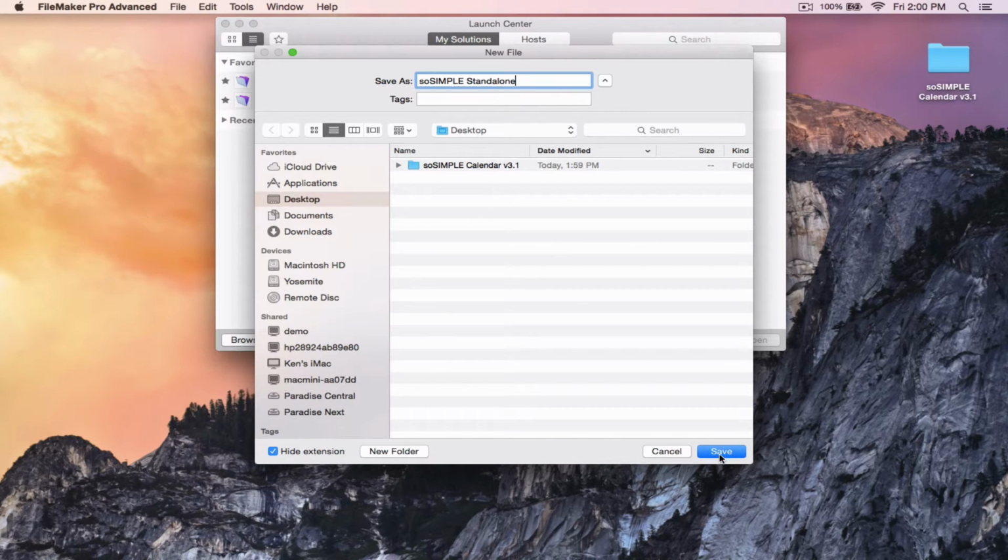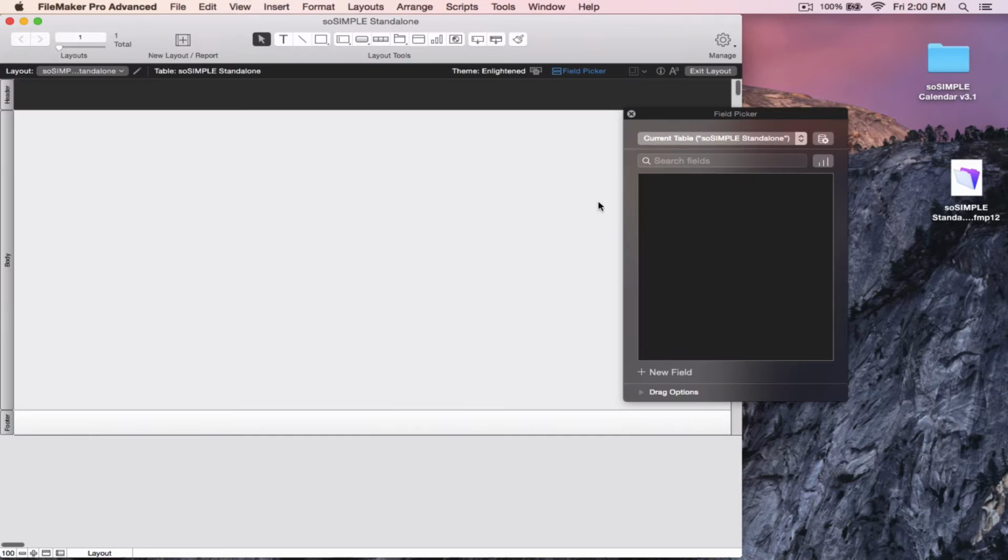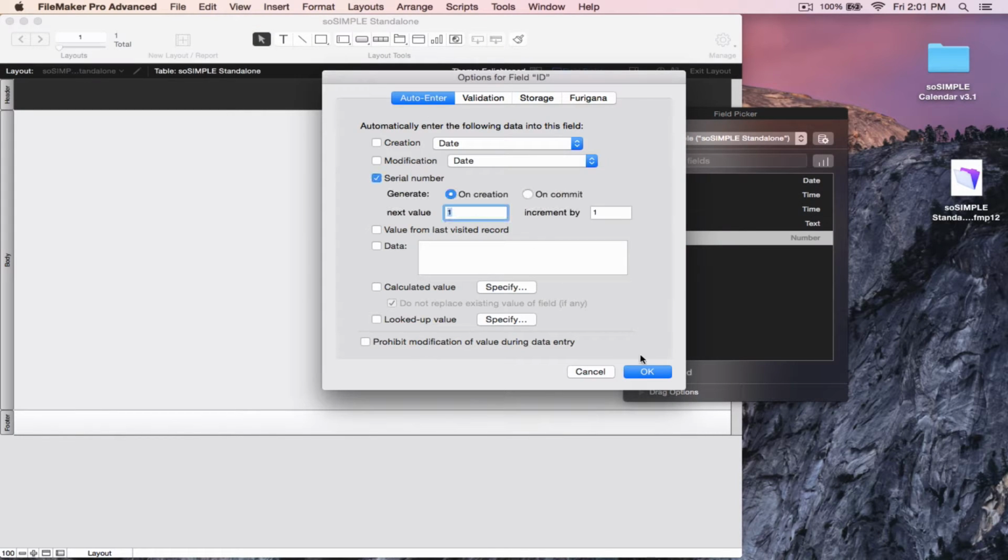Into this file we're going to create five fields. We're going to create the date field, a time start and a time end. We're going to create a description field, which is the text of our event. And this could be a calculation in your solution. And finally, just an ID field, which is required. It needs to be a sequential number, or you can use the GetUUID function, so long as